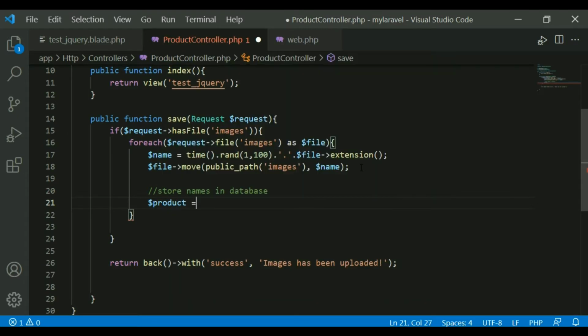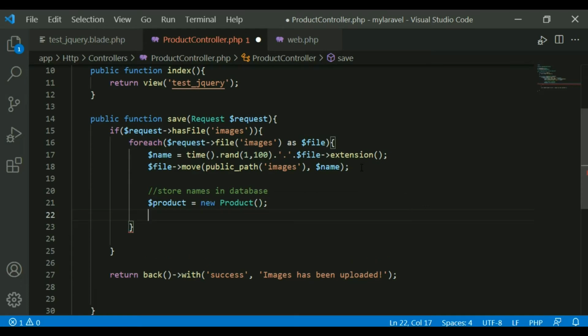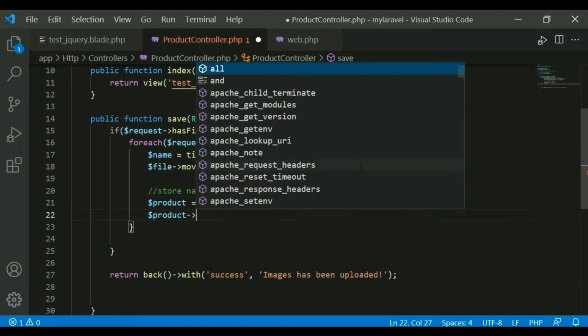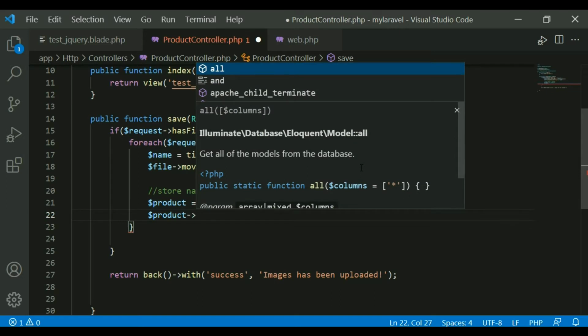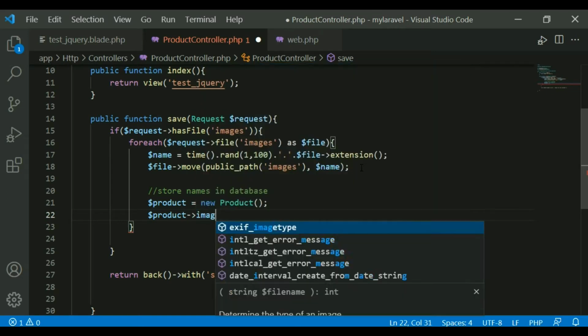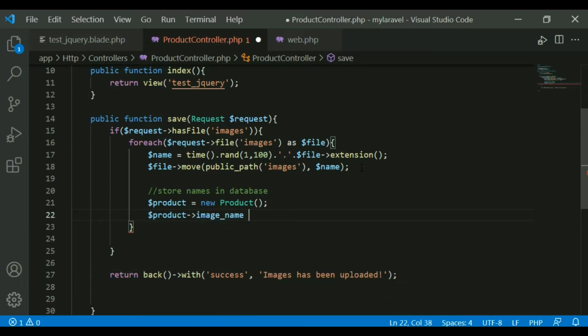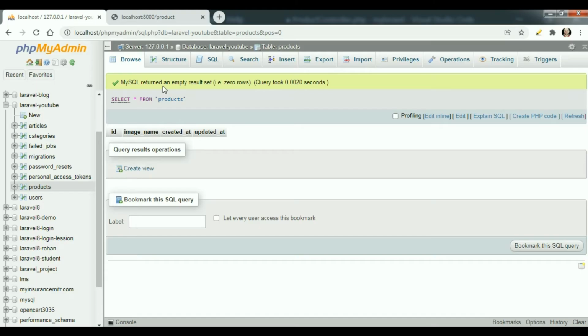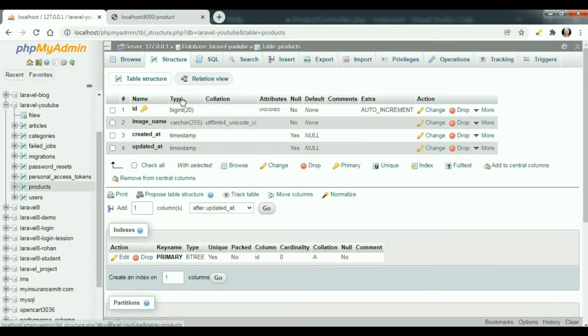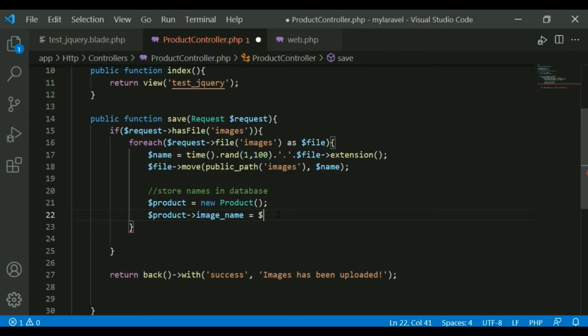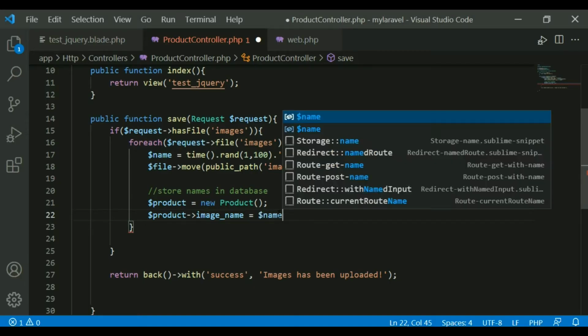So we create a product object of the product model, and the name of the field is image_name. If you see the structure of the products table, it has image_name. This is the field name, and I want to store the name of the images in this particular field.